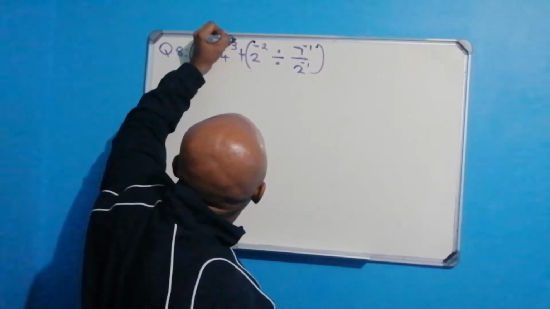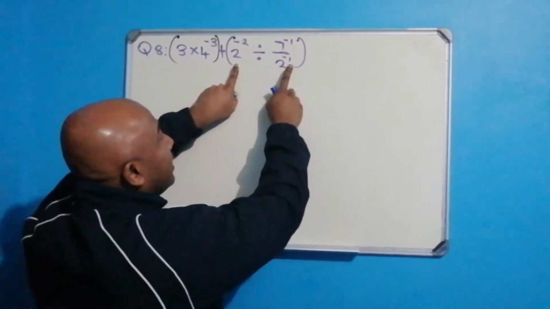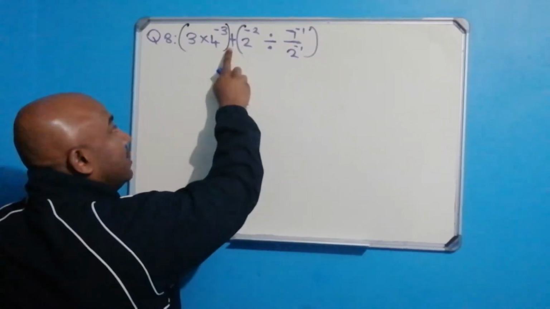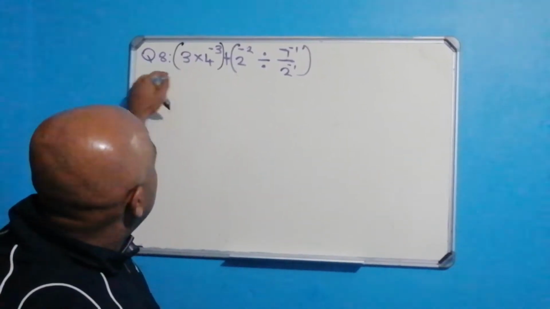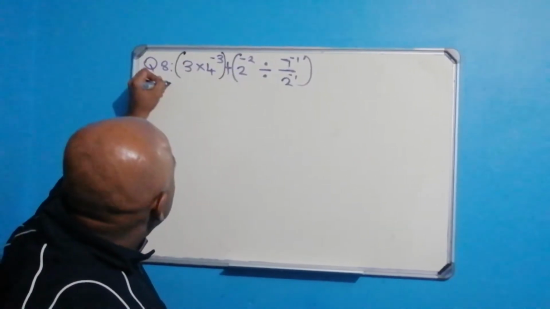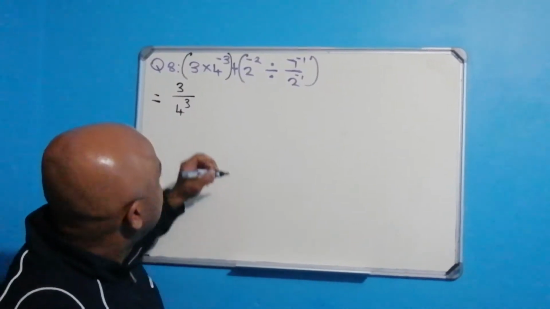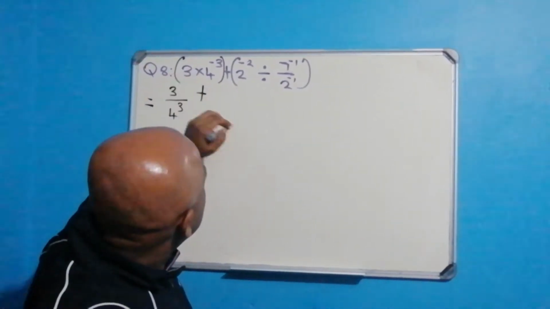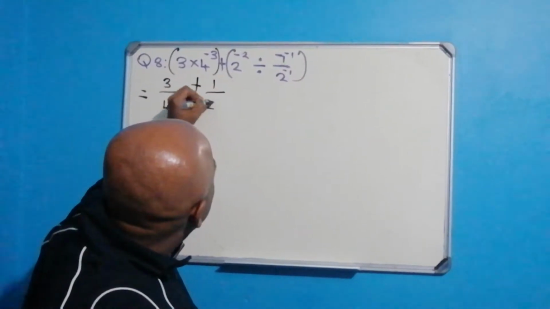So we need to do this here. So therefore we need to work out everything inside the bracket here, everything inside the bracket there, and then the last thing you're going to do is add. Alright, so we got 3 times 4 to the power minus 3, which is the same as 3 divided by 4 cubed. Then we got plus here, 2 to the power minus 2 is the same as 1 divided by